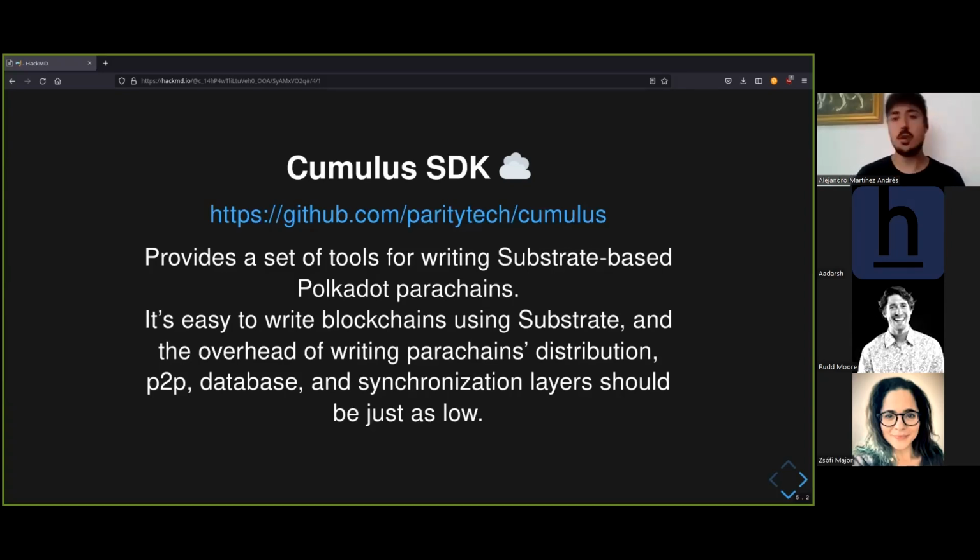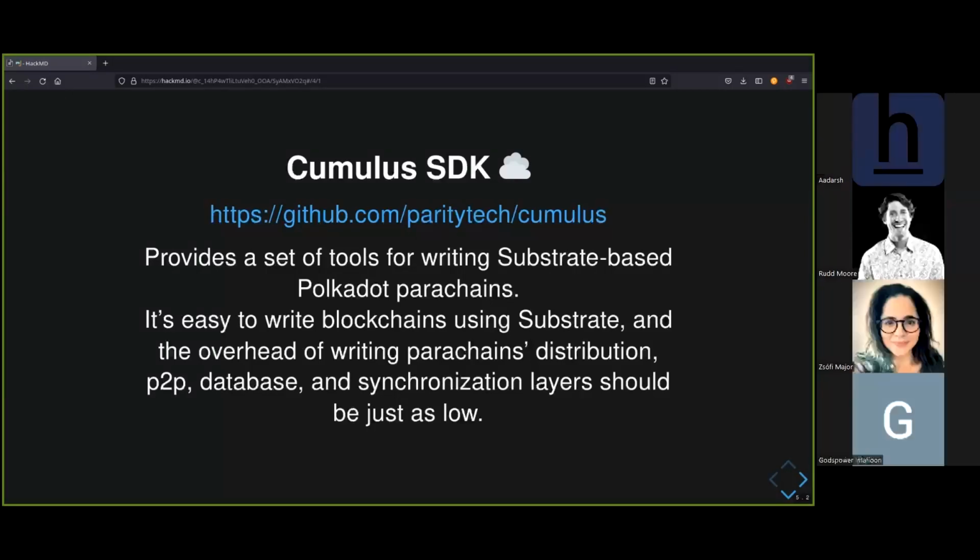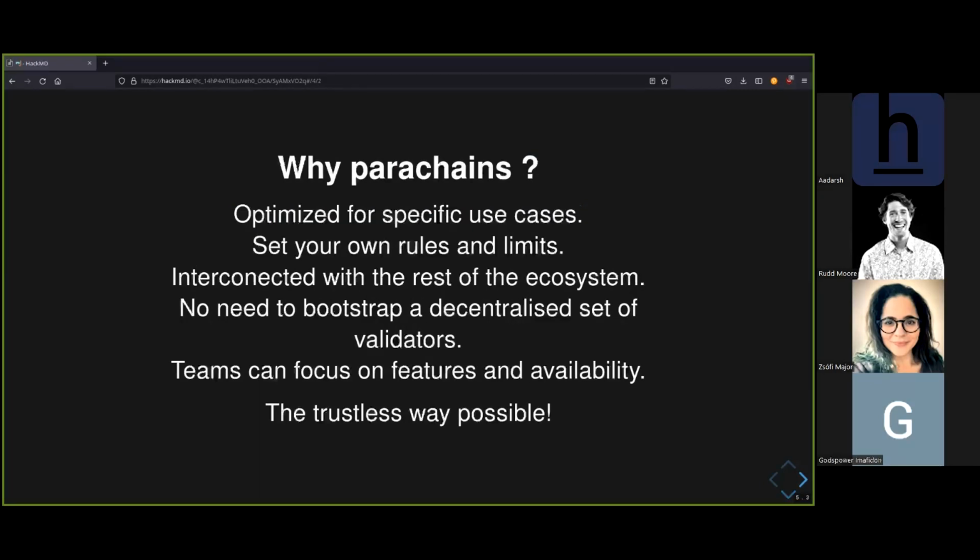But yeah, the Cumulus SDK is basically a set of code, a set of tools from where you want to start building your parachain. It will take care of synchronization with the relay chain, all the communication between the two sides, parachain and relay chain, and such. But as I was mentioning, web3 parachains, as mentioned in there,